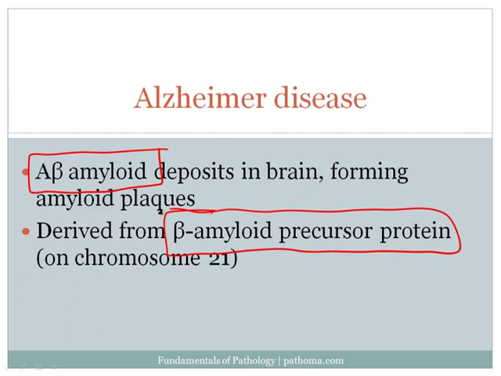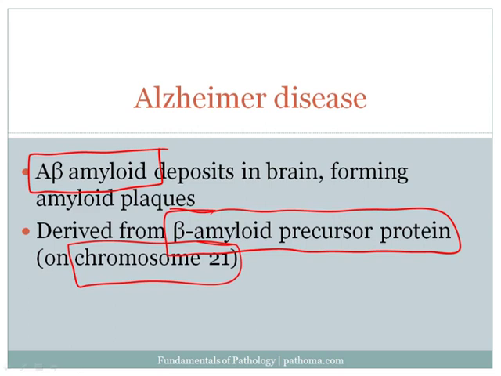Important to know, and relatively high yield, is that the gene that produces the beta amyloid precursor protein is on chromosome 21. Why is that important? It's important because it ties into a very important clinical high yield association, and that is that most individuals with Down syndrome, i.e. individuals who have 3 copies of chromosome 21, develop Alzheimer's disease by the age of 40. And that's an example of early onset Alzheimer's disease. By early onset, what we mean is that the patient gets Alzheimer's disease at an age earlier than would normally